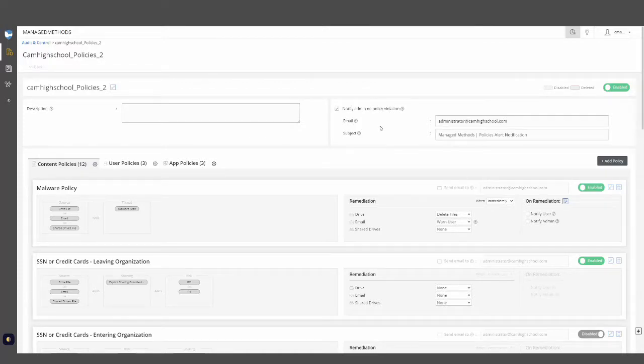Today we'll be discussing how to ensure alerts are going to the correct people and some examples of policy configuration. Be aware all policy violations will be batched out and sent every 4 hours to the people listed in the Notify Admin on Policy Violations section, specifically under the email section here. Additional users can be listed in this section, comma separated, who you want to have those email alert notifications sent